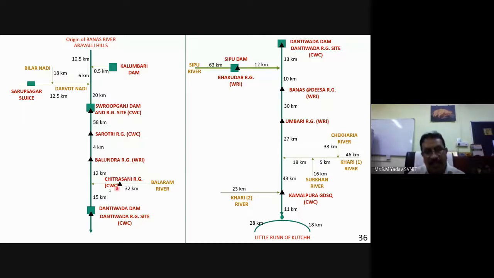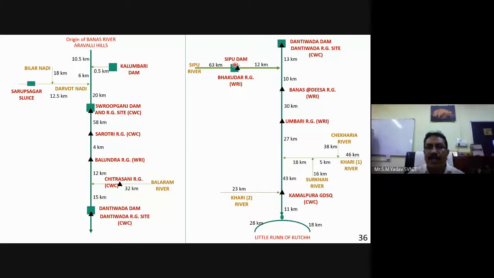There is another tributary of Banas river which has Chitrasani rain gauge station. By measuring these two, the Balundra rain gauge station and the Chitrasani rain gauge station, the discharge which is inflow into the Dantiwada dam can be computed, but the lead time for the flow to reach from Balundra and Chitrasani to Dantiwada dam is less than 4 hours. Then the other tributary, downstream of Dantiwada dam, which is joining it,